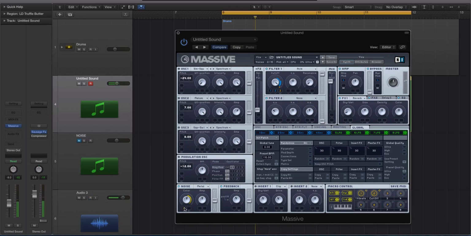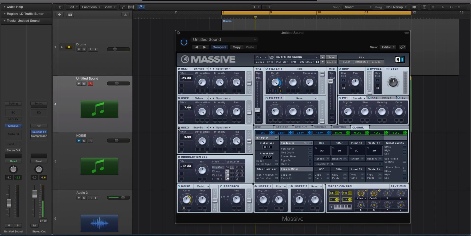There's a difference there. Now, whether or not that's actually a C2 and a C3, that is debatable, and you'd have to load up a spectrum analyzer to see what's going on. With different noise types, it's never going to be as exact a science as loading up an oscillator and going from C2 to C3. However, this can give the perceived movement to the ear that the noise is playing in concert with the actual oscillators. Very rarely are you going to get the Keytracking so perfect that it actually is moving with the exact pitch or notes that you're playing. But just having it move a little bit